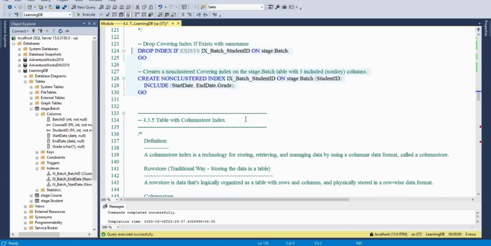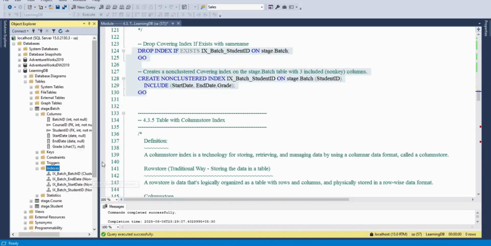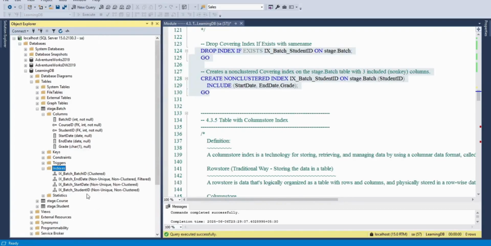Okay, so it ran successfully. We will go here in the index branch and then do the refresh. So the fourth index also is created, and what's the name given to it? It is this one, right? The batch student ID, that is the name given to it, right? And in here if you right click and you see the properties,